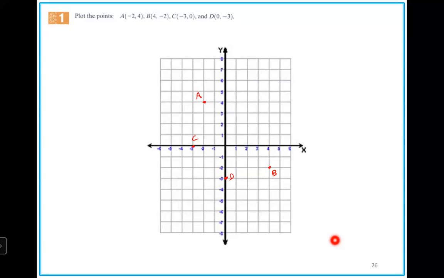So that's the basics of plotting points. The first number tells you where to go on the x-axis, and then the second number indicates whether you go up or down, following the number system on the y-axis. Okay. So our next task now is to actually